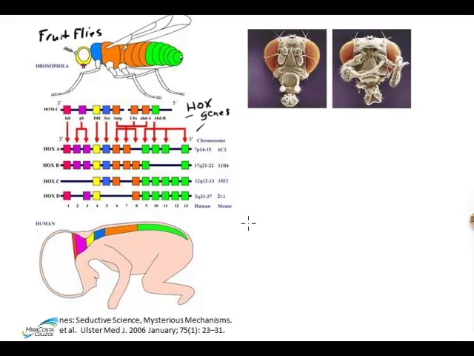But the really shocking thing was that they function in exactly the same way in humans to organize the basic arrangement of body regions, so top, head to tail, front to back, these sorts of body plan specifications, as they do in fruit flies. And not only are these genes responsible for specifying the arrangement of body regions, but also for specific body structures. And the effect of misexpression or mutation of these genes